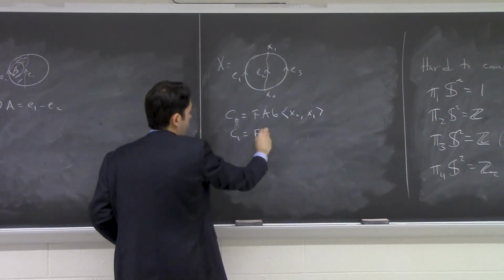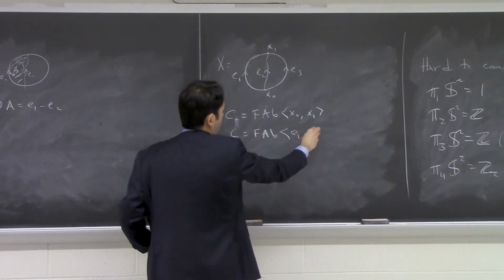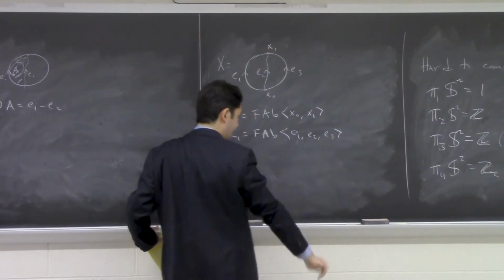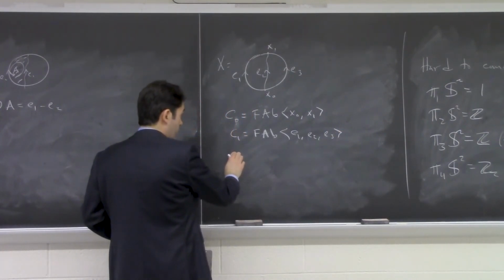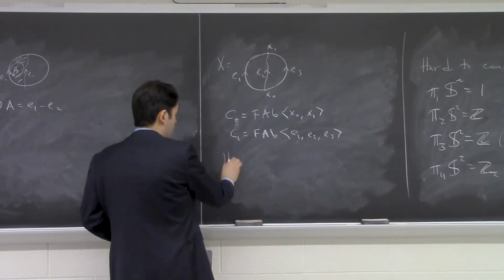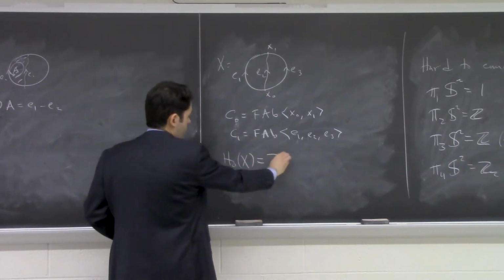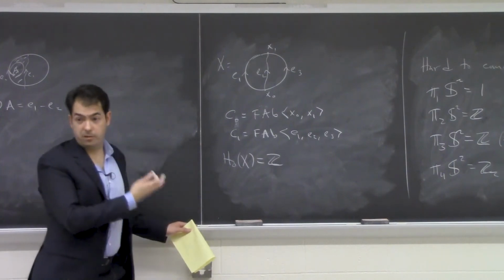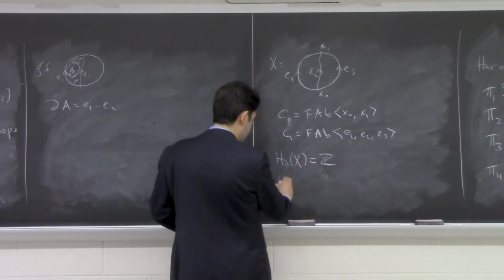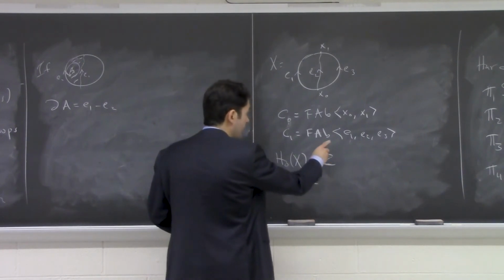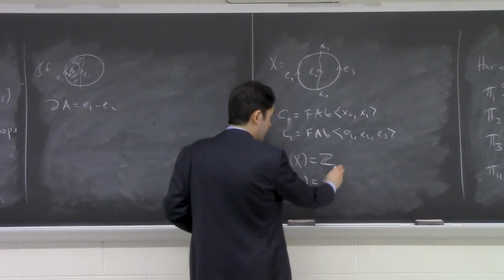C1 would be the free abelian group on E1, E2, E3. So H0, right, is just Z to the number of path components. It's a path connected space, so it's Z. H1 would be this free abelian